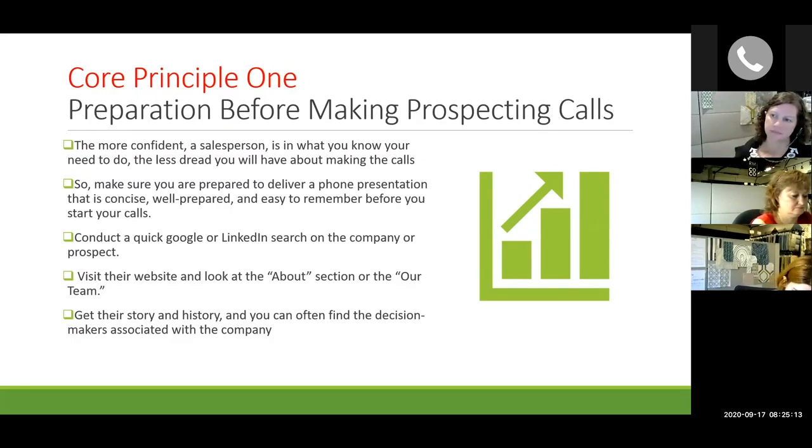One, it's going to make you more confident. Just knowing a little bit about the prospect, their company, maybe the history that they've had with RM Coco or the lack thereof, and we're going to talk about how you do all this, gains you some level of confidence. And more importantly, you can pick up on some things that you could connect with this person on, if you look at their LinkedIn or their Facebook or their